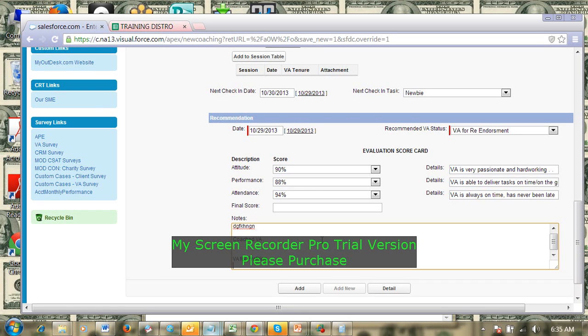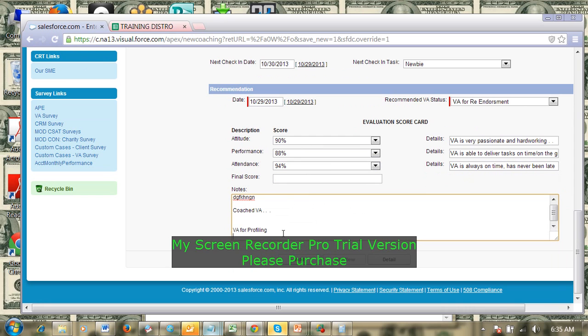Actually, either for endorsement or for termination, profiling must be requested. So there, VA for profiling, and just click on add. After clicking on it, that should trigger a coaching alert sent to management team, and that would be HR peeps' go signal to do a system sweep.